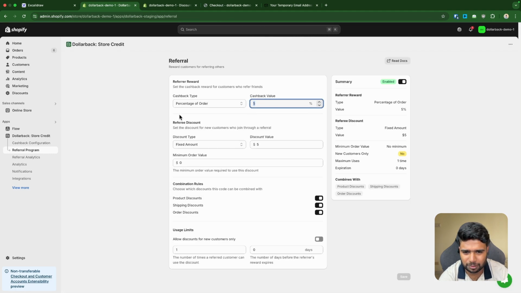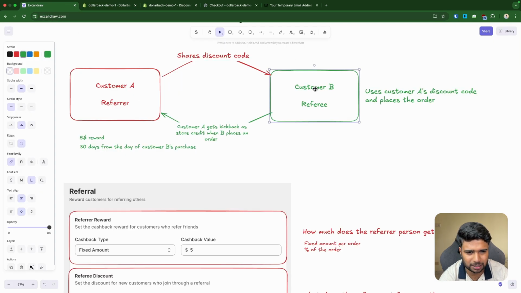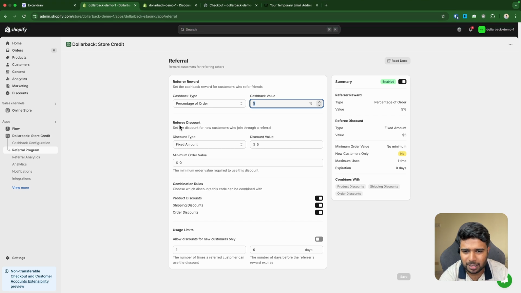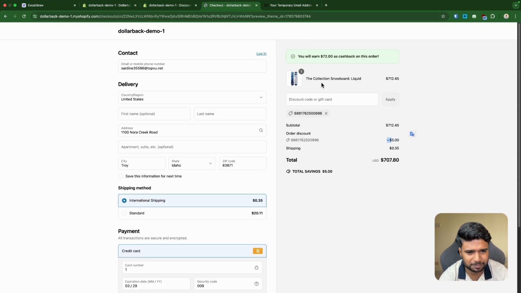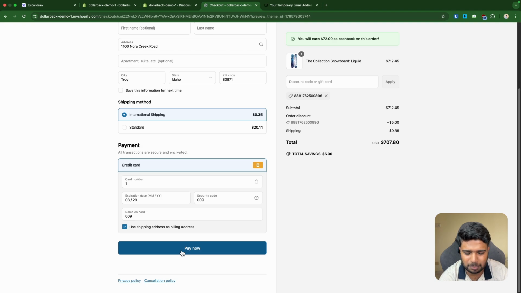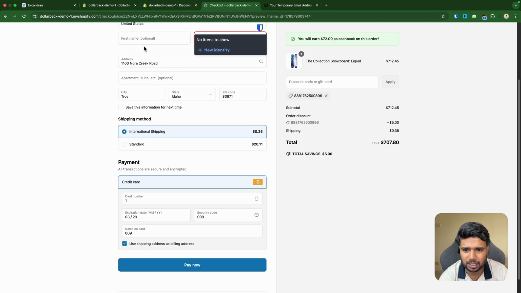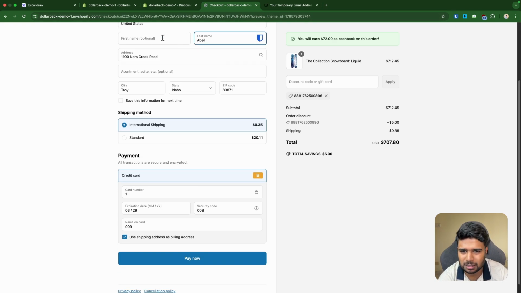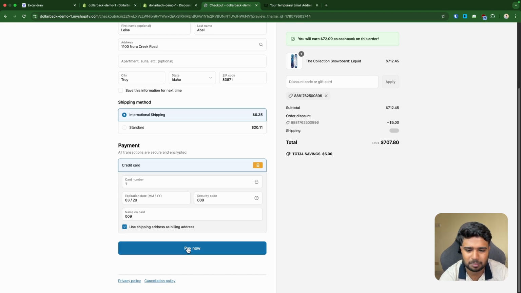So you get a 5% off the order for the referring person. So customer A gets customer B's order's 5% of that value as cashback. Referee discount gets $5, which is what we are getting here, right? Perfect. Let's make the purchase. I need to give it a name. Able Leslie. Perfect. Now once I place the order,